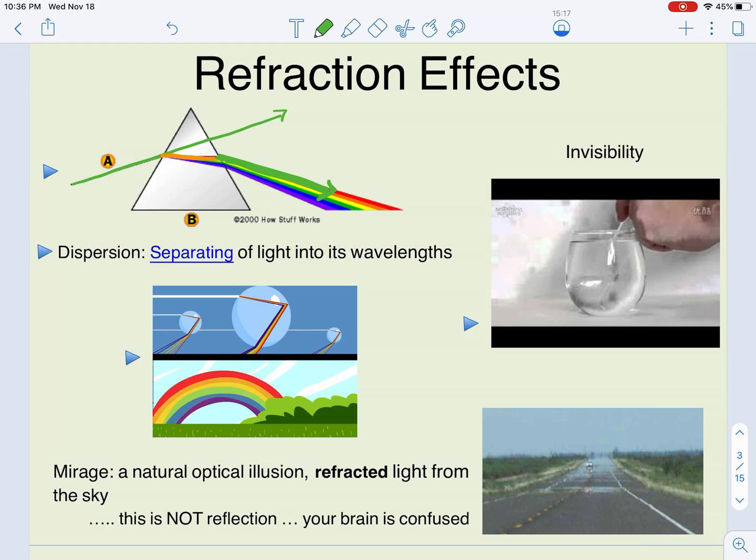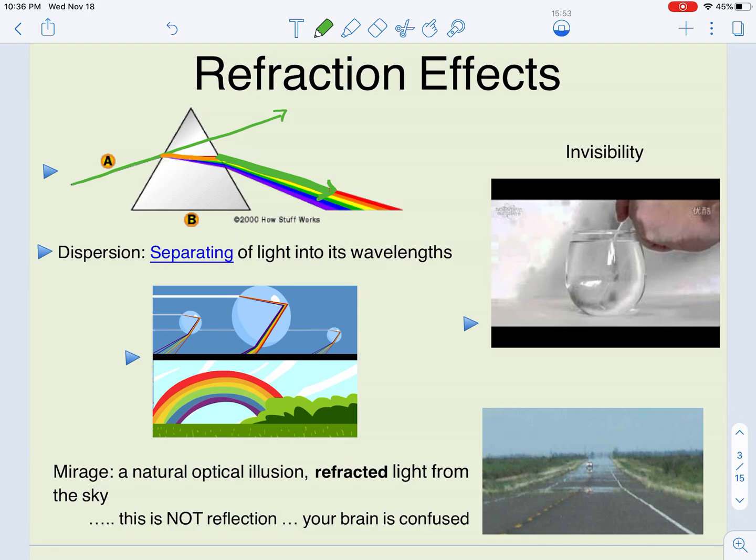Down at the bottom right, I have a picture of another example of refraction. And so in this image, I want you to see that it looks like we have blue light coming from the road. Now, a little bit of background information. This would be a situation that we here in Texas might experience in the middle of the summer. Have you ever driven on the highway or some road in summer? So for us, this would be July, August, when it's super hot outside, and it looks like there's water reflecting